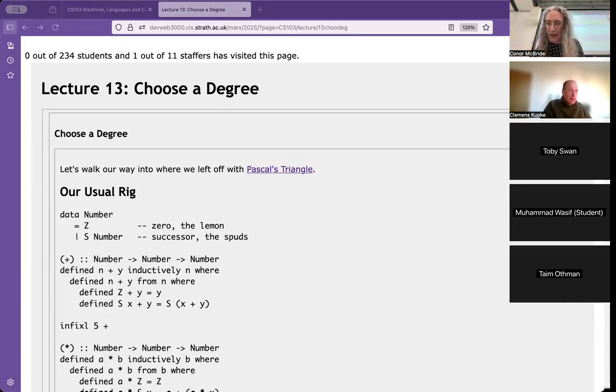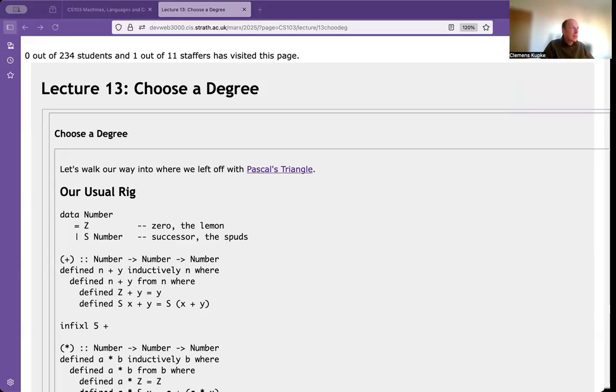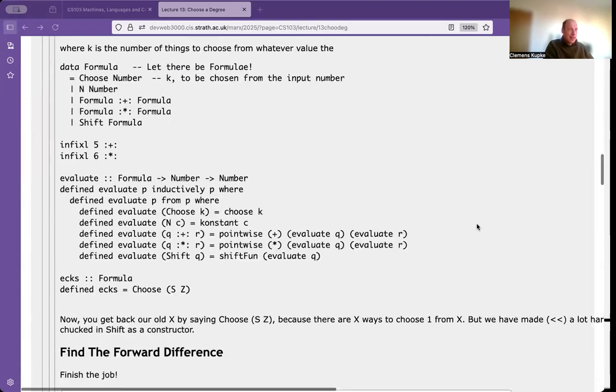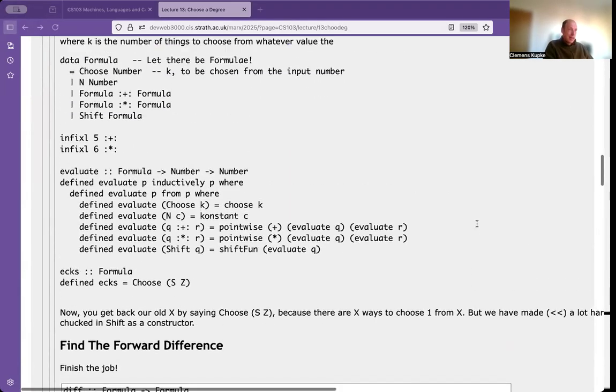Let me just pin Clemens, and then switch to one little frame. Okay. Where were we? There was a whole pile of stuff. What did we do? We defined